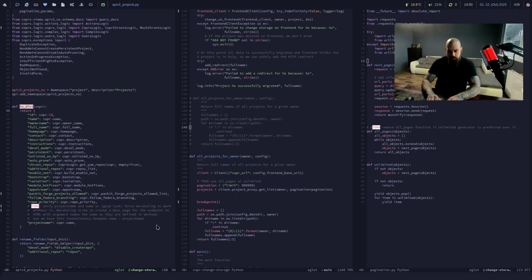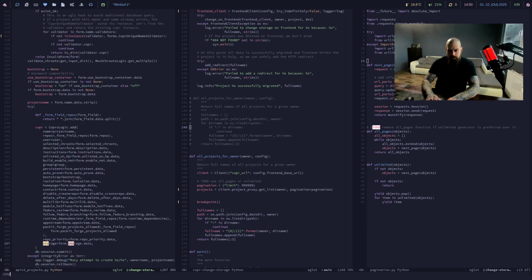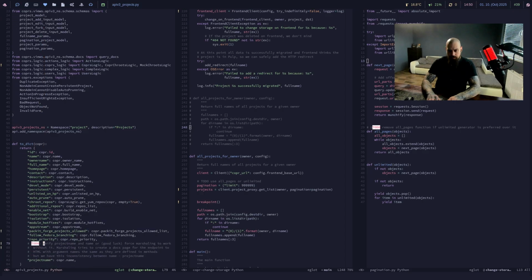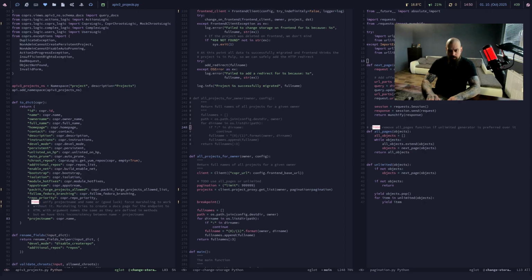Is storage mentioned here? It's not. So if we do storage, copr storage like this,